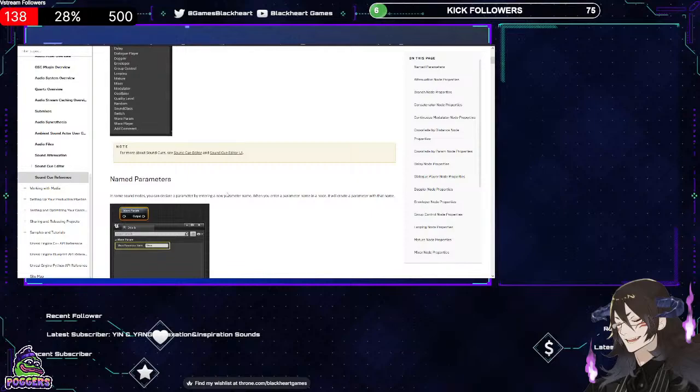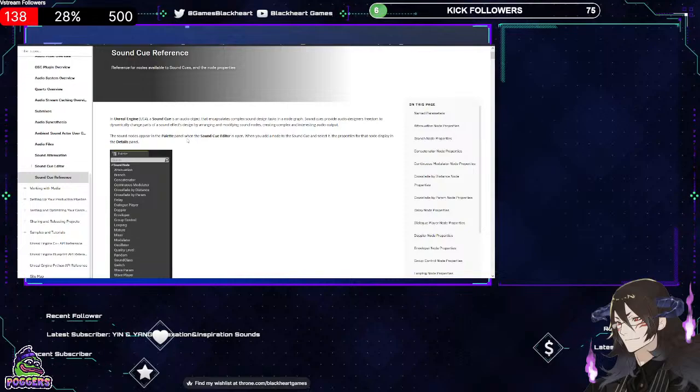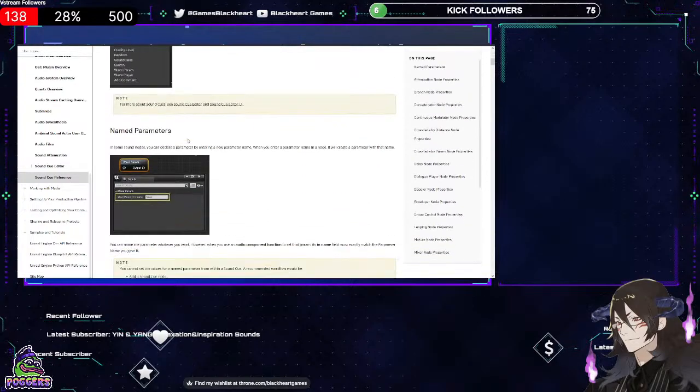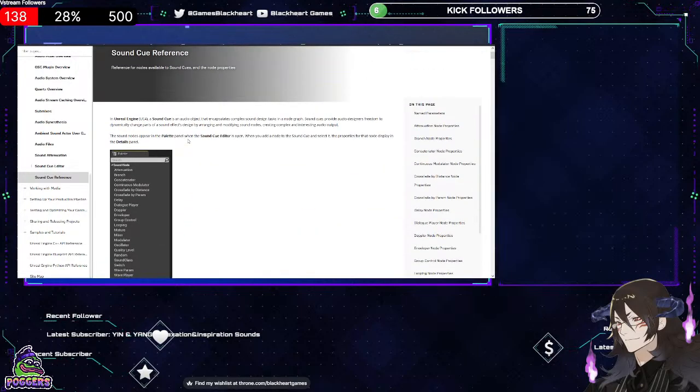Like, just from the name alone, it's because of that part where it says cue. Well, okay. So according to this, again, it doesn't feel like you're wrong. But again, this one doesn't sound like it's covering all the information either. So in the Sound Cue reference, the very first two paragraphs that they have here,